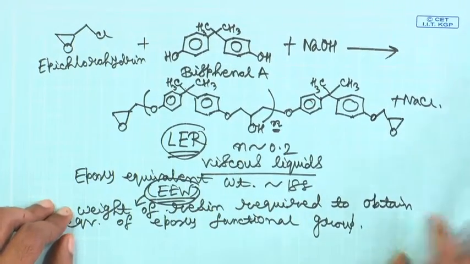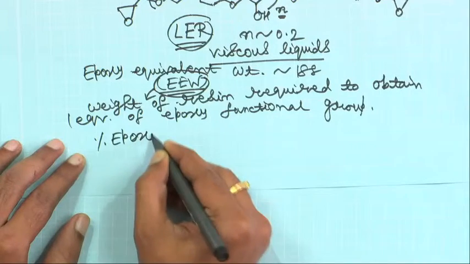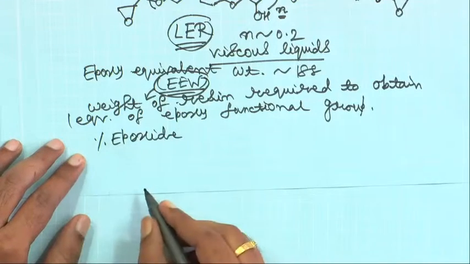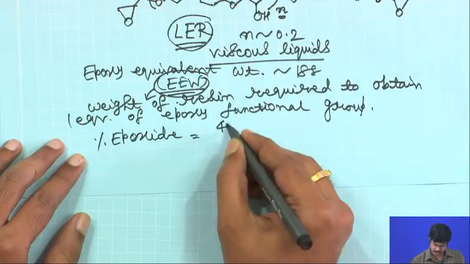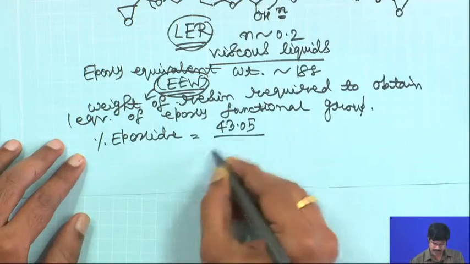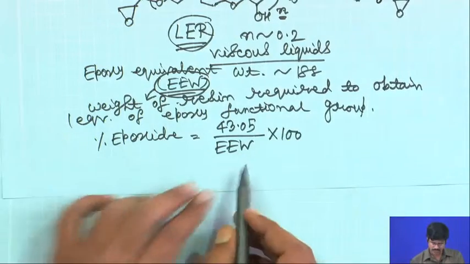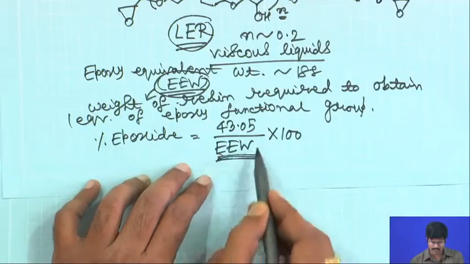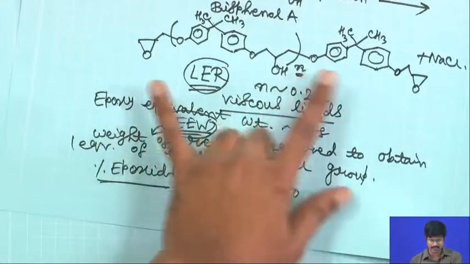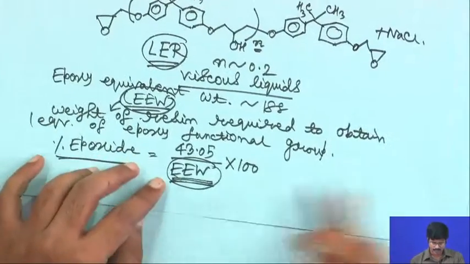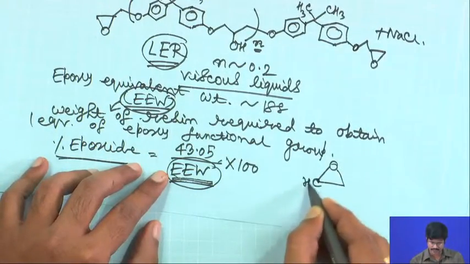So, then the percentage of epoxide present in the material is basically 43.05 divided by epoxy equivalent weight into 100. Of course, if your epoxy equivalent weight is higher, then your percentage of epoxide is lower. If your n value is higher, then your epoxy equivalent weight becomes higher. And what is 43.05? If you just take the epoxide here,